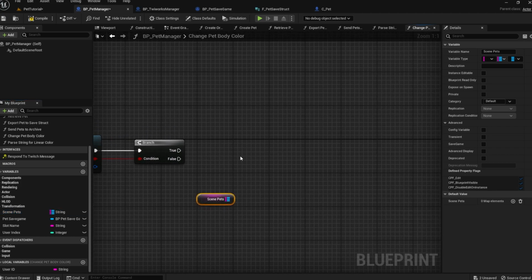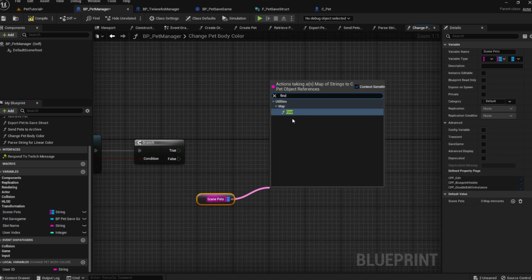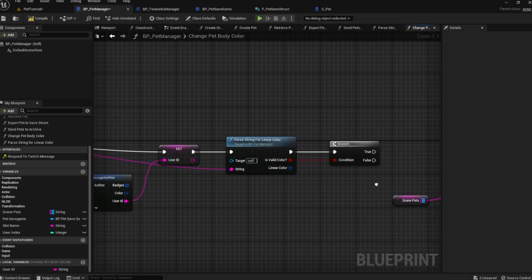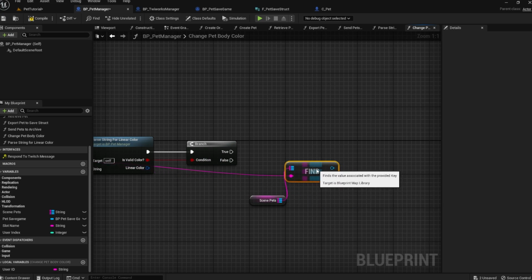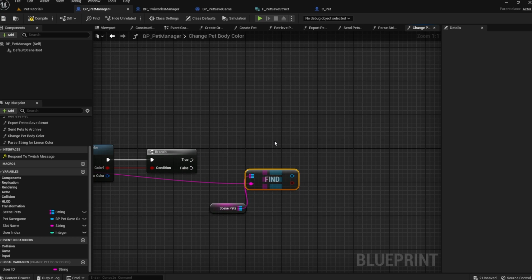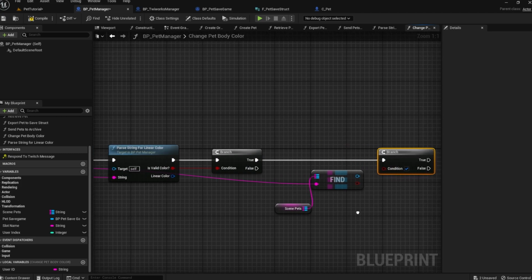Then grab your ScenePetsMap variable, search for a find node, plug the user ID that you got from breaking the Twitch message author, and plug that into the string to find the correct pet. Then create another branch and connect that to the true pin of the previous branch, because we only want to perform this function if the user inputted something that can be interpreted as a valid color.